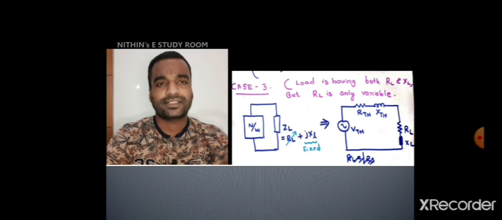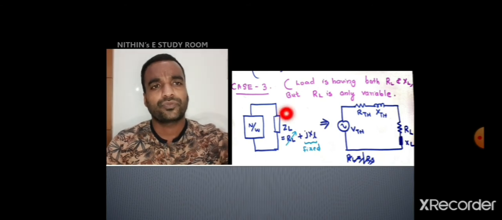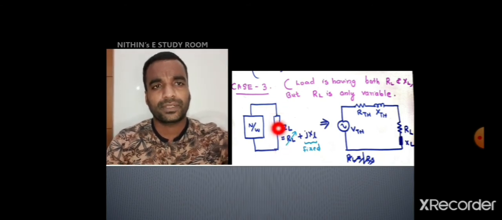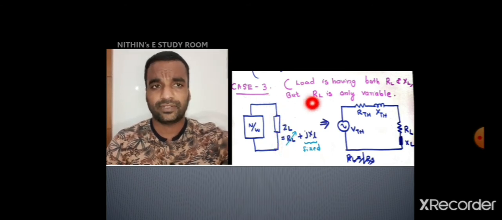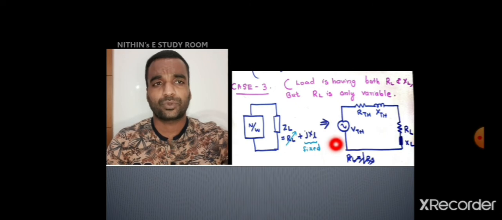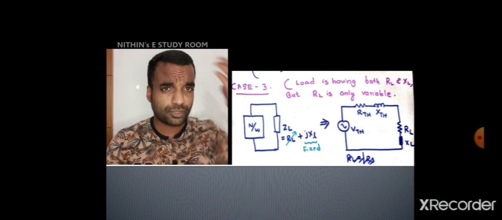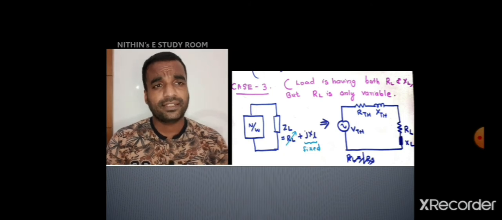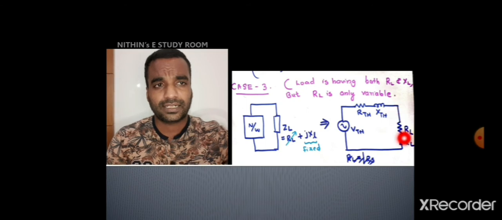So what is the method? Anyhow, we have to find Z Thevenin. So for Z Thevenin, you have to open the load and find R Thevenin and V Thevenin. Now you can replace the circuit with a new circuit with V Thevenin and Z Thevenin. Z Thevenin means it is R Thevenin plus X Thevenin. You will get that from the normal way of calculation. And then you have to draw the removed branch, that is nothing but the load branch RL plus XL here.